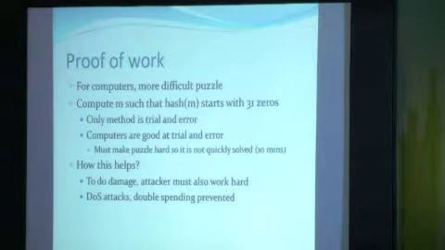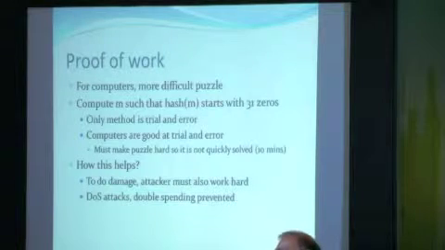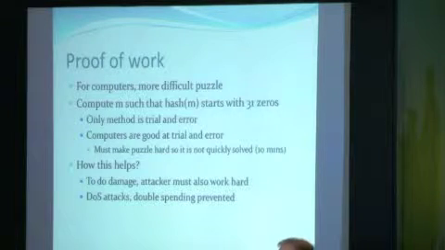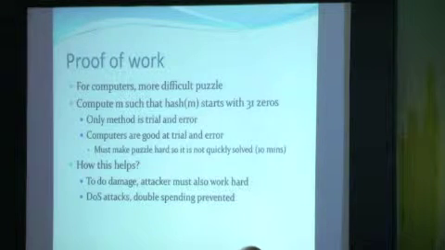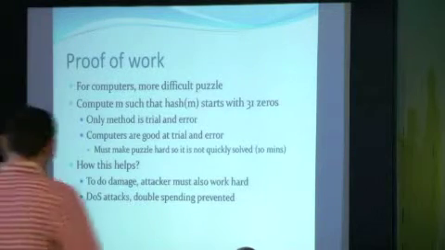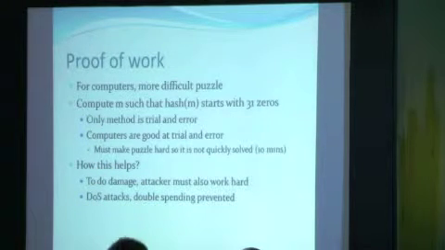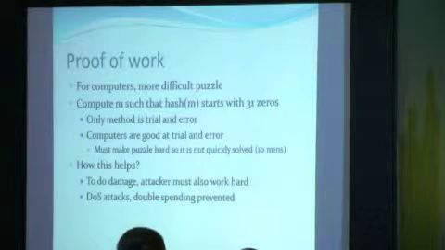Normally if you take any message and take a hash, then with a high probability, it will not start with 31 zeros. So you have to keep trying, and eventually you will be lucky enough to hit a message that has 31 zeros. But because the hash is a strong cryptographic function, it is hard to actually reverse it. So if I generate a 31 zero output and try to find out which message gives it, that is difficult. You have to just do trial and error. Computers are good at trial and error, so to make it hard, we must give them more difficult problems. You just increase the number of zeros, for example. Instead of 31, we'll say output a hash that starts with 50 zeros. So the computer has to try more for that to work.